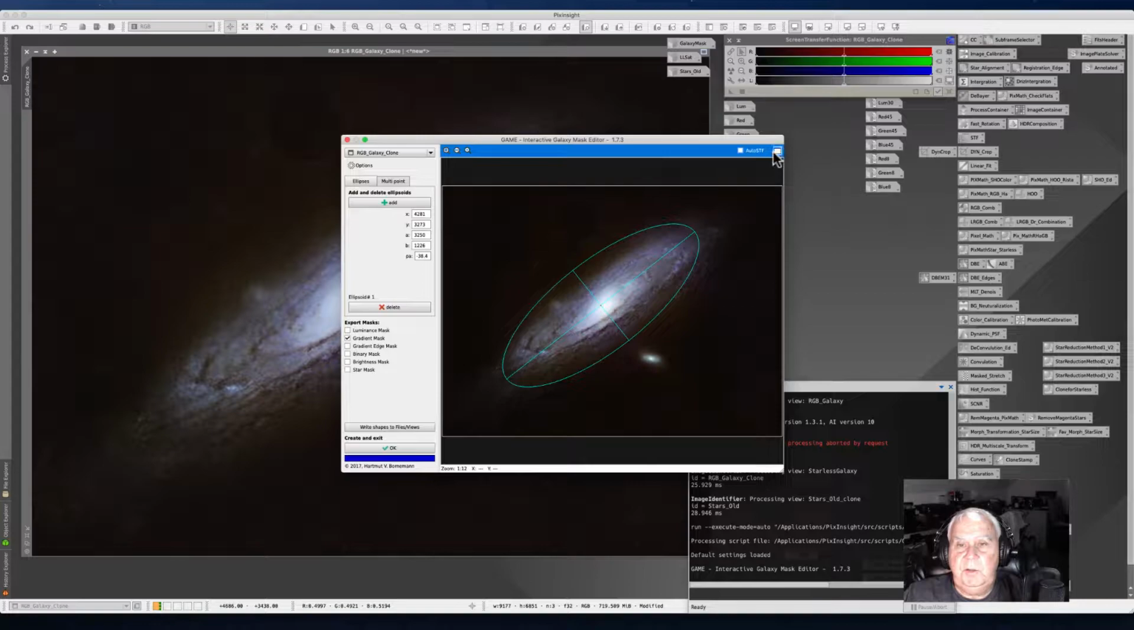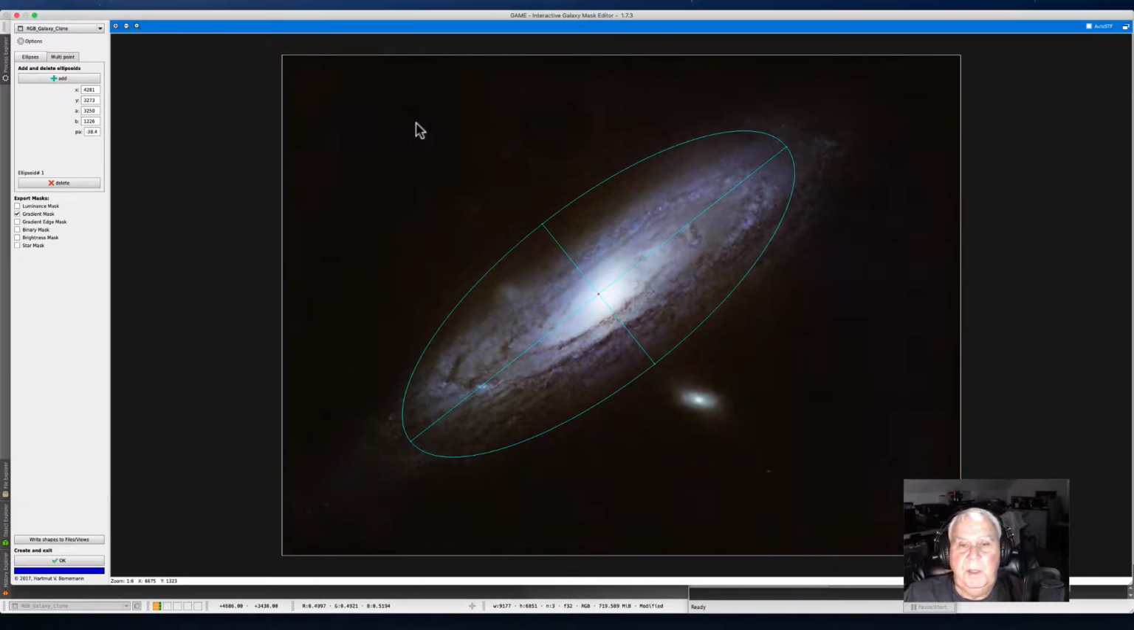And let's use this whole thing. We can delete this. And what I want to do is a multi-point. This time I want to use a multi-point and click on Add